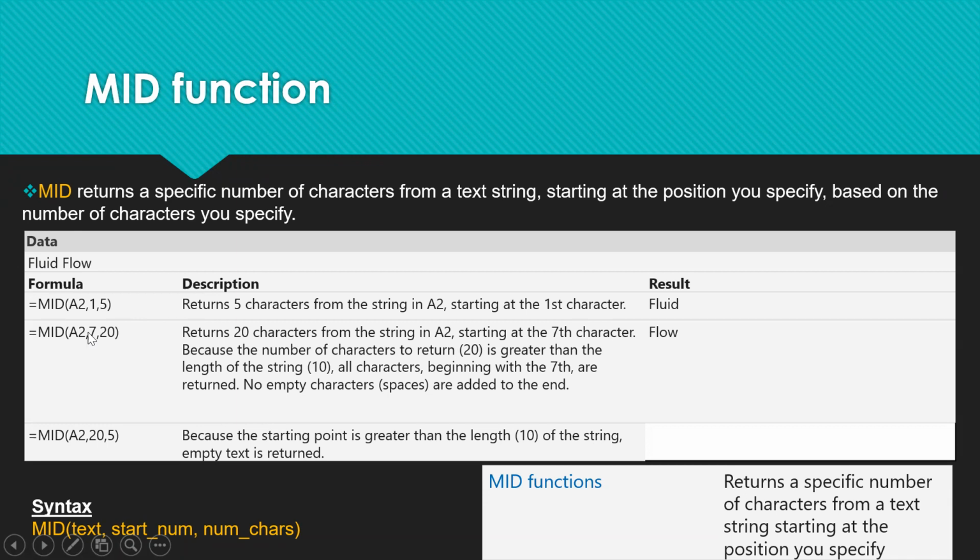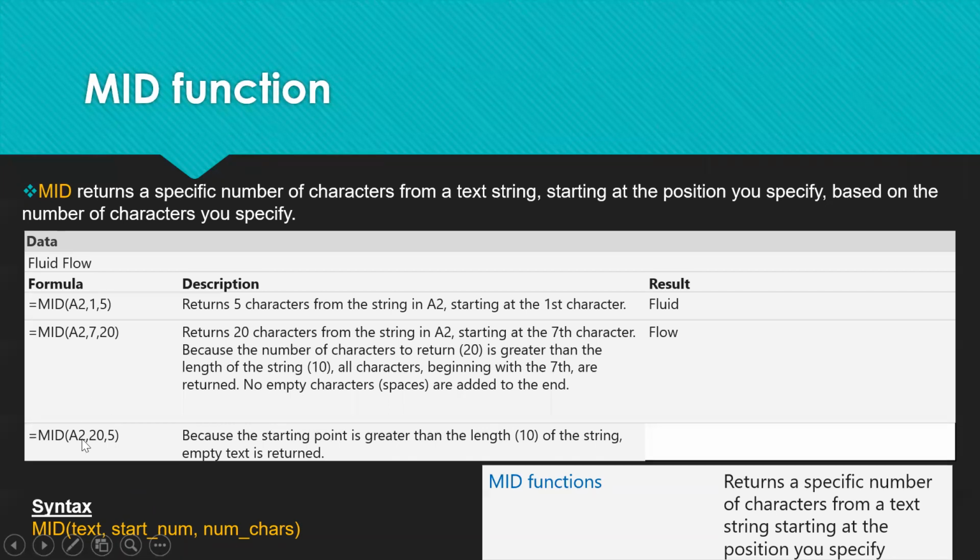Let's say I want to cut from 7 to 20. The number of characters is calculated from the left, so the start position and the end position are from the left. The start number, the number of characters.